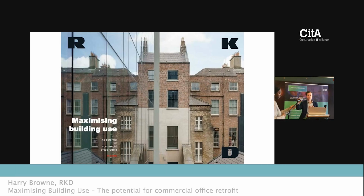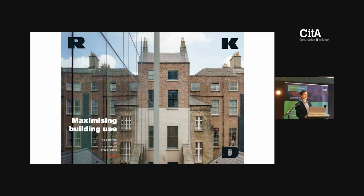I'm going to present, and I'll try and fly through it, a presentation on maximising building use, so the potential for commercial office retrofit. This is a little bit of research that myself and some of my colleagues have been doing over the last 6 months to a year, retrospectively looking at buildings that we had retrofitted, but the decisions to retrofit them weren't necessarily around ESG. They were commercial decisions, but we're now looking retrospectively at how they managed to capture the carbon, and thinking about how that will help us on the way forward for capturing the embodied carbon as well as the operational carbon